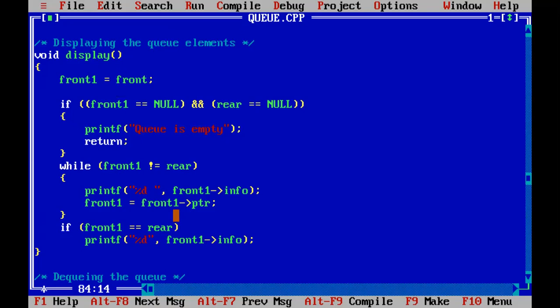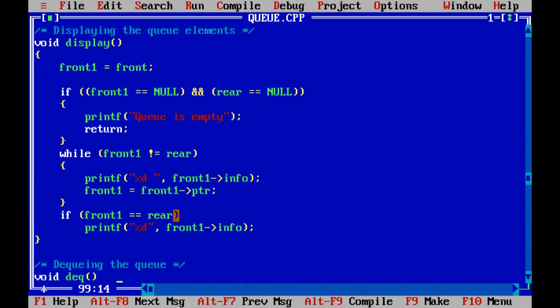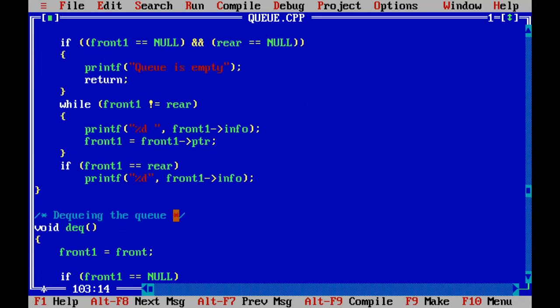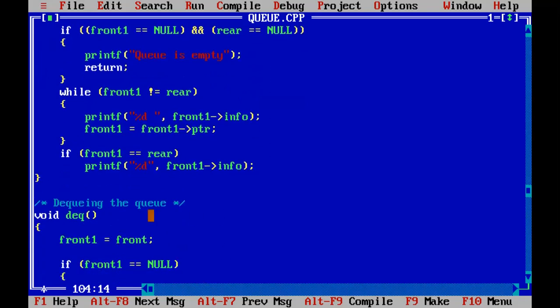Then, if front one is equal to null and rear is equal to null, the queue is empty. If the elements are present in the queue at that time, front one is equal to rear, and printf front one information.